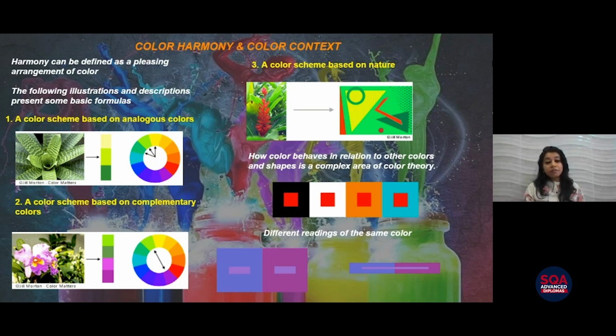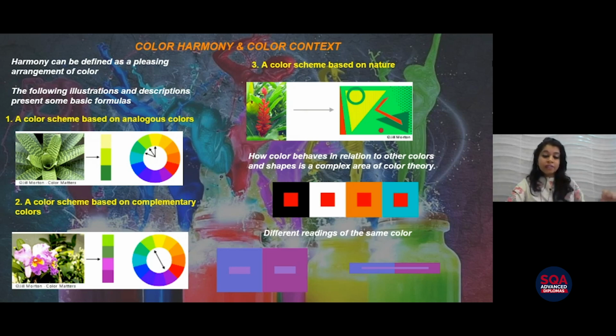Now, color harmony, color wheel. The color wheel gives us a lot of options about colors. The more tint you keep on adding, you get a different set of colors. The more shade that you give, the more color combinations you get. If you have noticed, whenever you go to any paint shop, they'll give you a set of flyers where there are a lot of options of colors. All those options come from the tints, shades, and tones that we give, which is all from the color wheel, from this particular color wheel itself.